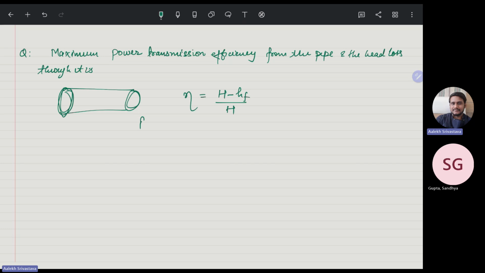Now, power is delta P into Q. So, it is H minus 4FLV square upon 2gD. So, this is the head loss, that is the pressure drop, into Q into rho g. This is the available head into what is